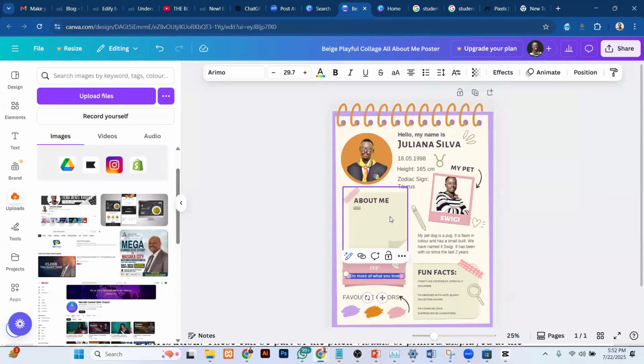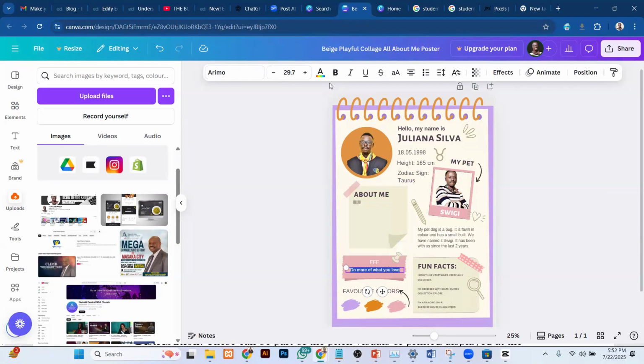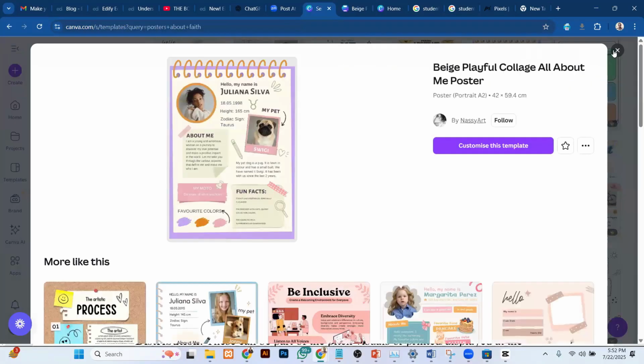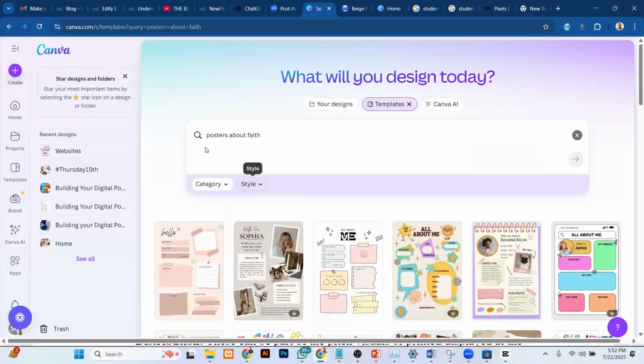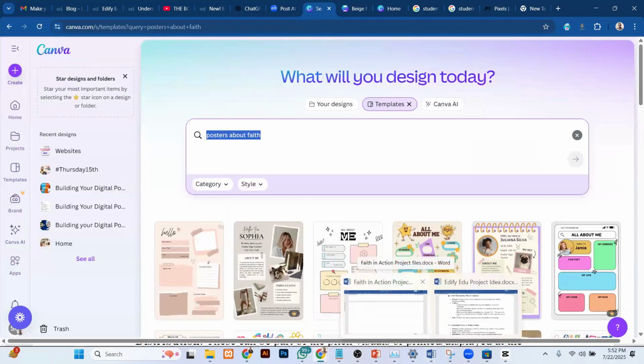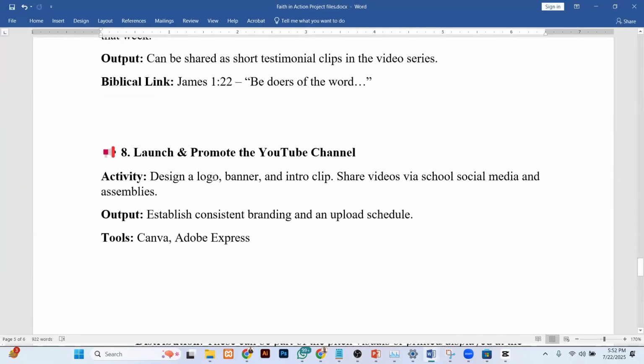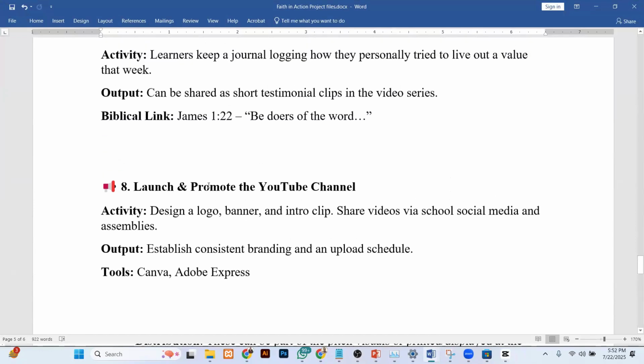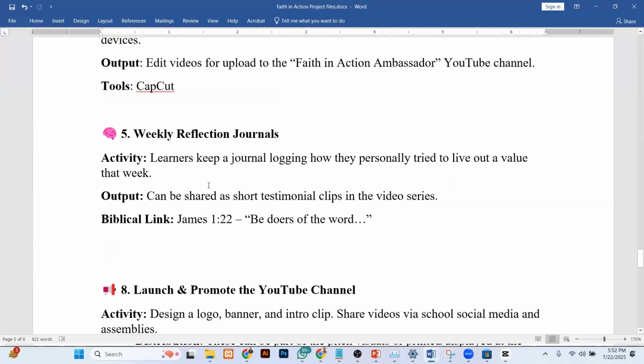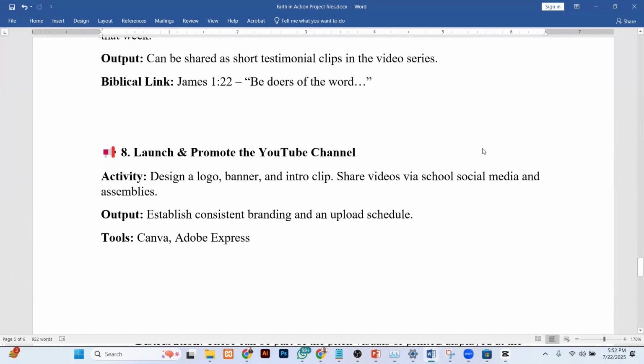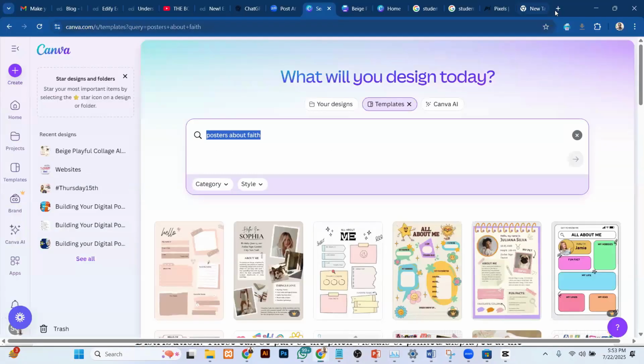So Canva is very, very easy to use. It only requires you to identify the templates. Let me try to show you something here quickly. You may want to create a YouTube thumbnail, because according to my sample plan here, it could be that you also want to create YouTube thumbnails, just as one of the participants said on the call. For YouTube, the videos you upload have to bear thumbnails. What are thumbnails? If I navigate to YouTube here,